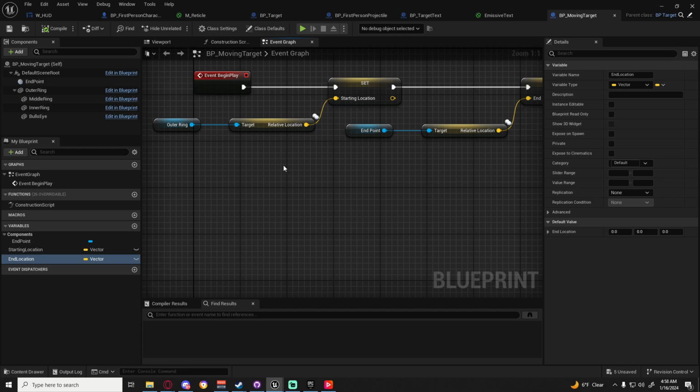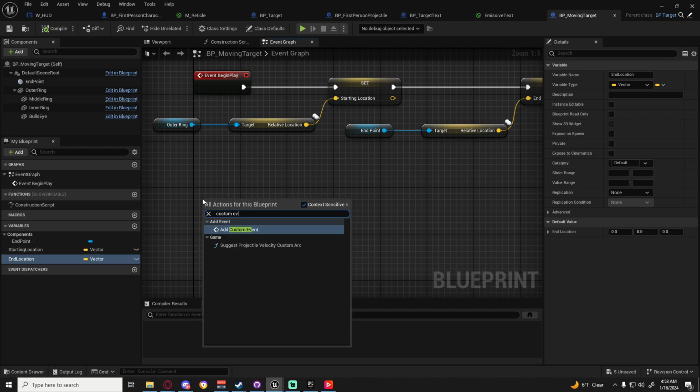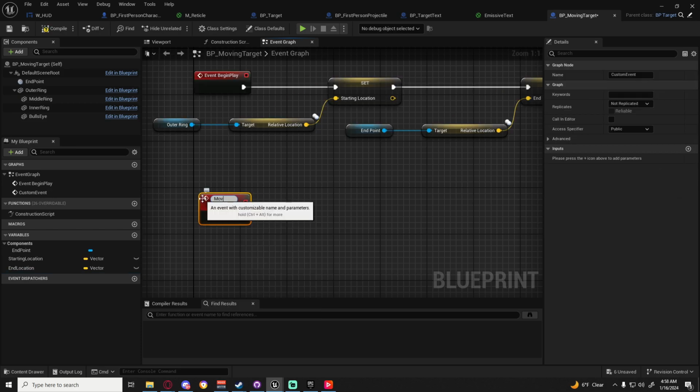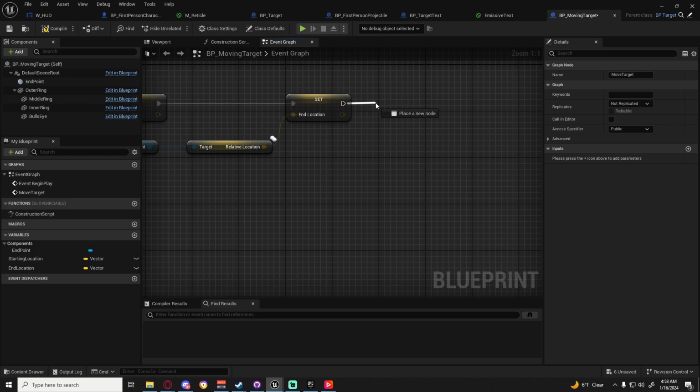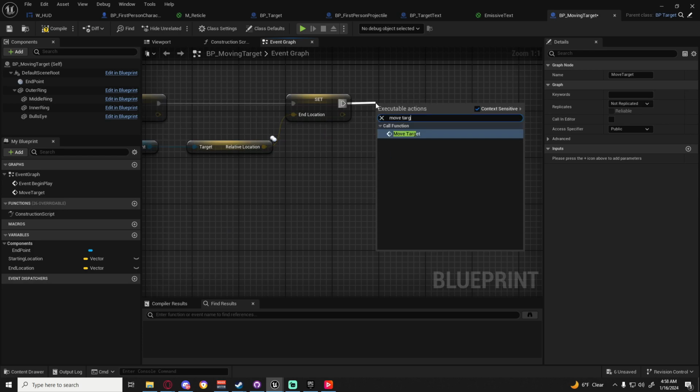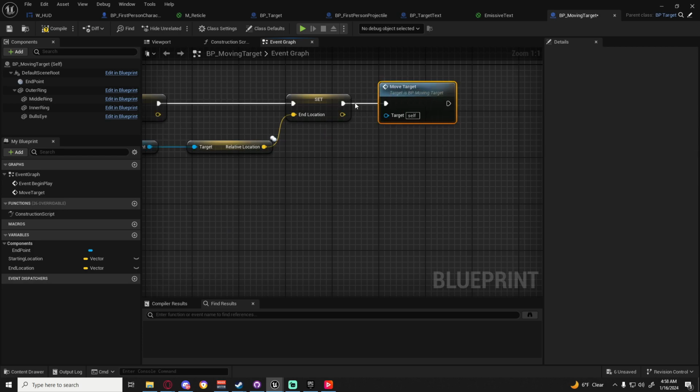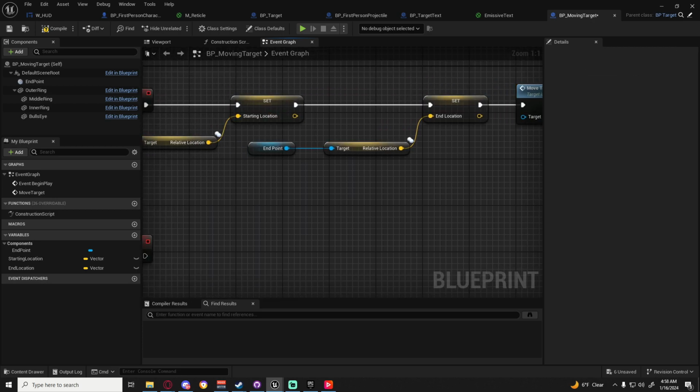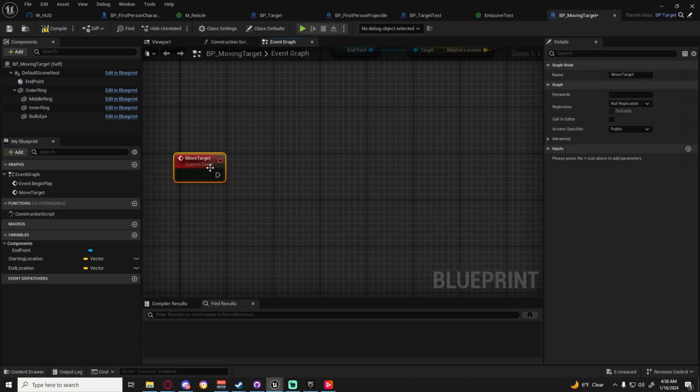Yeah, we should be good. All right, and I'm going to make a custom event, and this will just be called move target. I want to call that at the end of our begin play, once we get all these variables set up, that's what we'll do. Move it, and then I'm going to